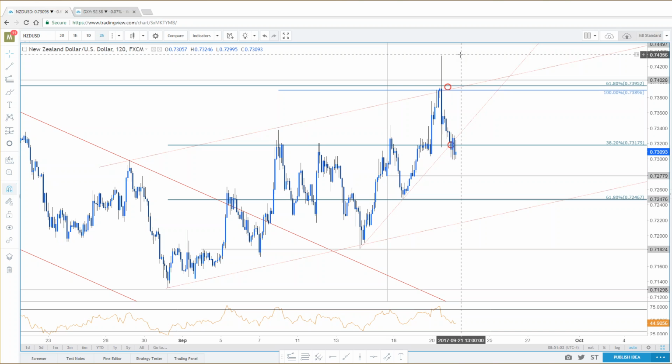And if you were in a position on the short side of Kiwi ahead of the release, it may have just spiked and taken you out before reversing lower. This is why, heading into rate decisions or any type of major event risk, guys, just lower your leverage and kick your stops out a little bit. So that's one thing I just wanted to note as far as trying to trade these event risks.